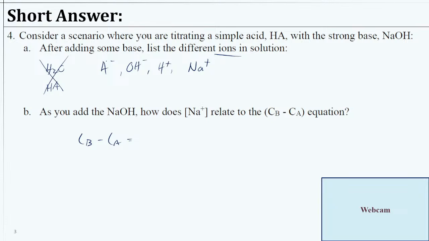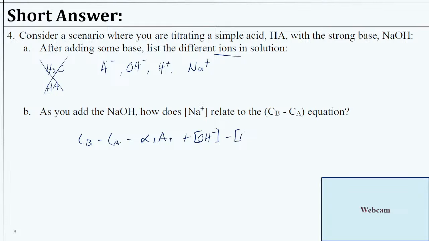So if we flip back to the formula sheet, I think I even gave you that. So everything on the right side would look something like this for this scenario. The fraction that is in the A minus, so alpha 1 times A total, plus our OH minus. It's essentially the electroneutrality equation,